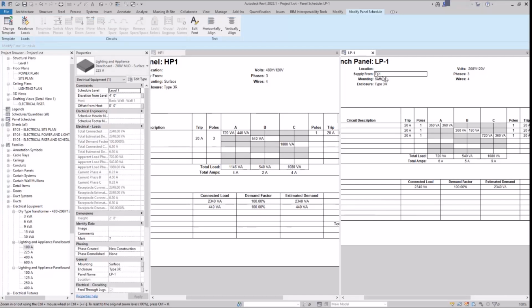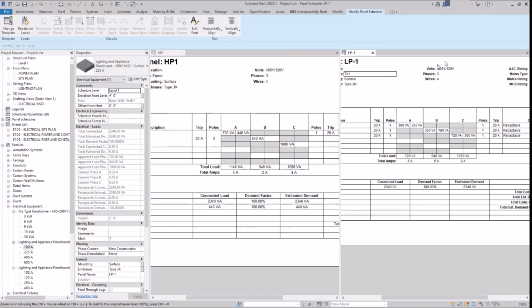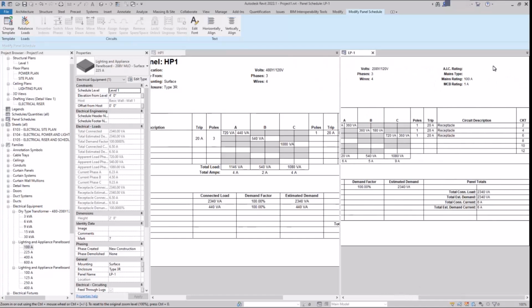Right? So we've got supply, surface, 3R, so that's all correct. Volts, that's all correct because we are actually using 4 wires. AIC rating. So out here, I just happen to know our AIC rating is going to be very minimal. So we'll just call it 22, and it should be more than enough. Let's do 22,000. The panel schedule I'm used to automatically fills this in. All right. So the reason,